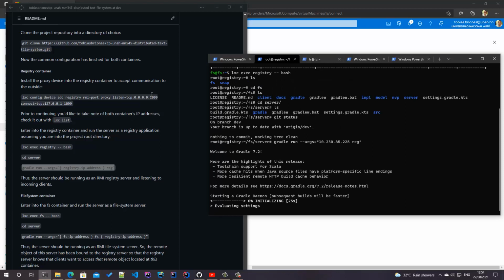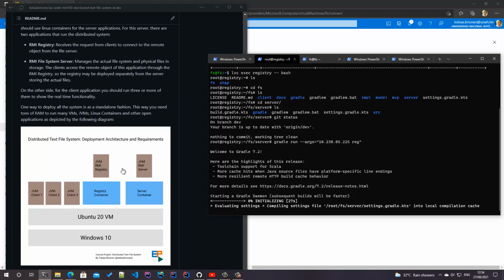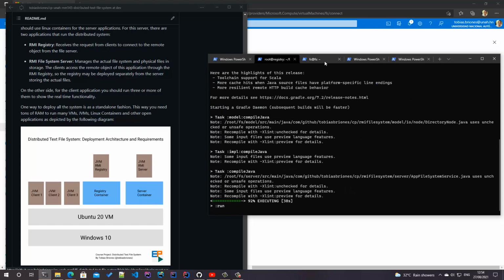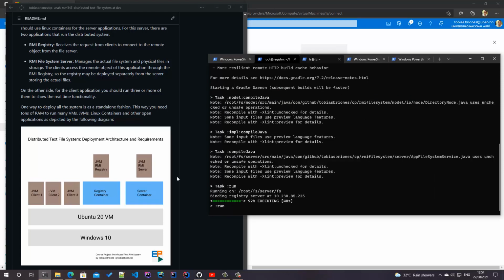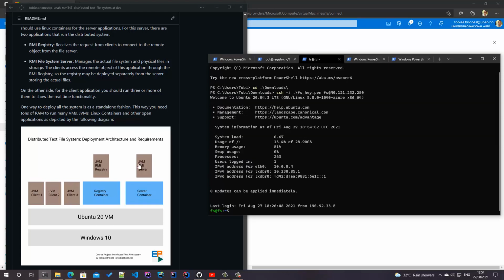So right now I am running this registry container application, the application running on this registry container, and then in this other tab I'm going to run the server application on the other container. So let's go to it. Let's go and enter into the other container,